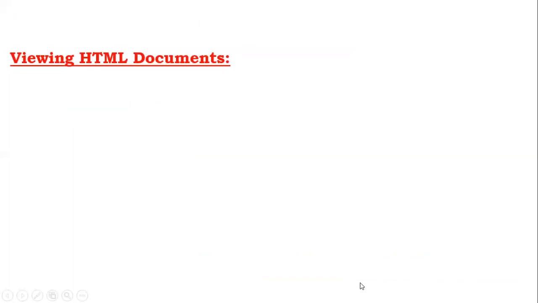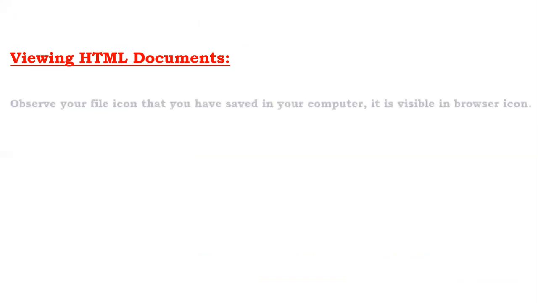Next, viewing the HTML documents. After saving the HTML file, after saving your Notepad file, how can we open the web page? Observe the file icon that you have saved in your computer. It is visible as a browser icon. After saving your program file, you can observe that the file icon will be displayed as a browser icon.